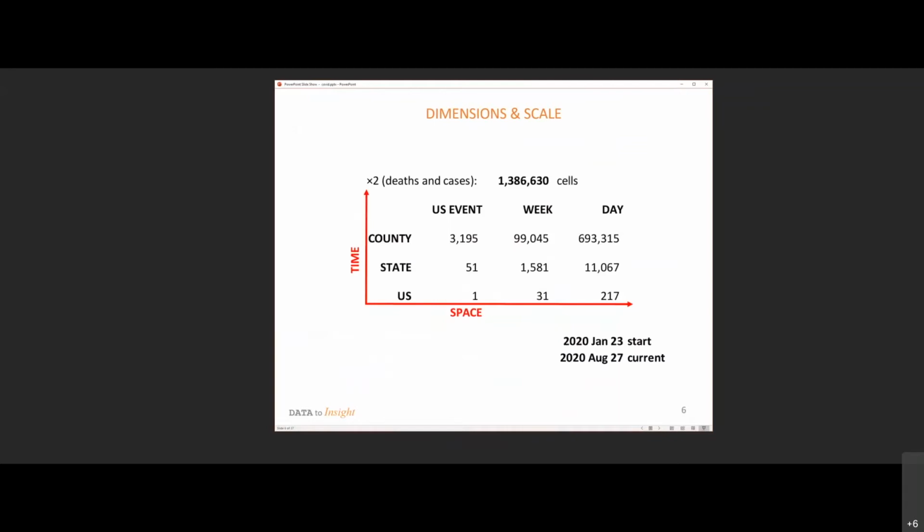What I'm going to do today is look at the space-time analysis of the epidemic so far. If you look at this table on the lower left, we have 1 United States, we have 1 event. If you look at the top right, we have